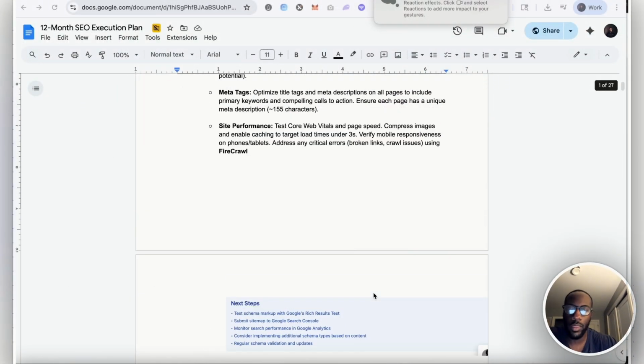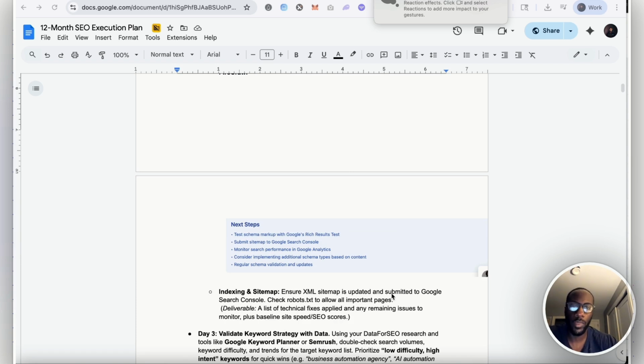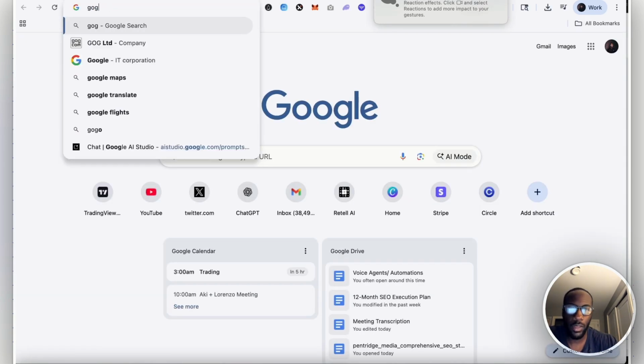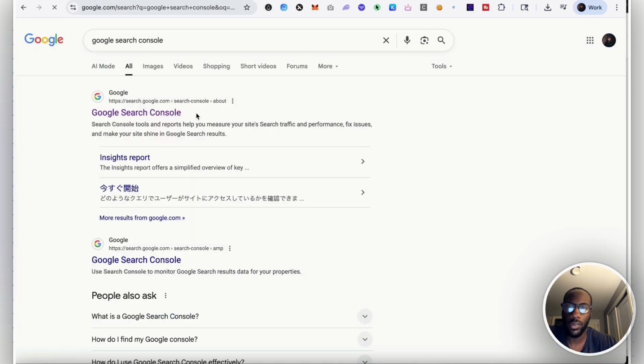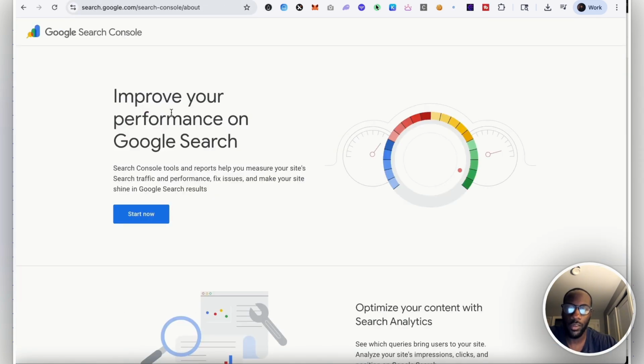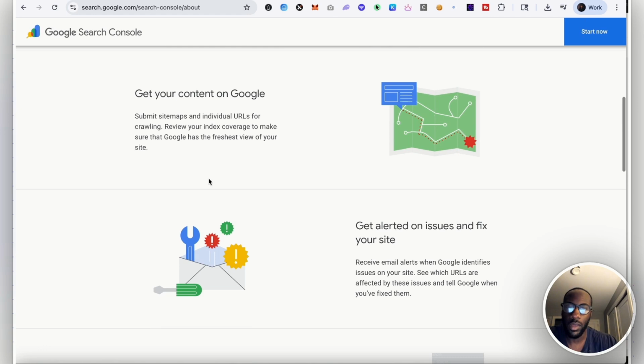All right, so today I'm continuing with the execution plan for the SEO that I put together with the help of Cursor and some MCP servers. I'm going to be submitting the URL to Google Search Console, where it'll be able to then look at what the stats are on a day-to-day basis as far as the keywords that are being looked up, the traffic coming to the site. And so from what I researched, I'm submitting specifically the domain to the MCP, so without